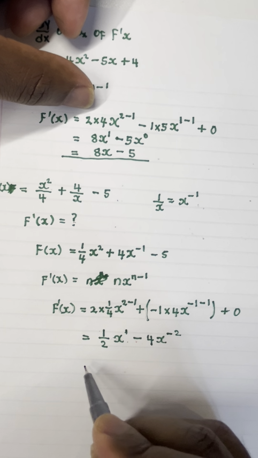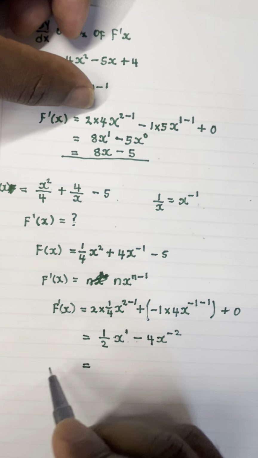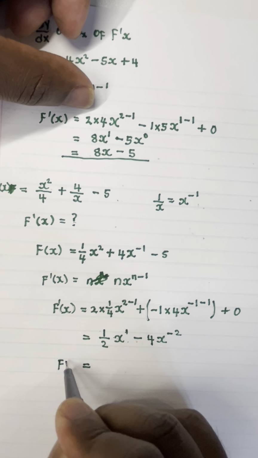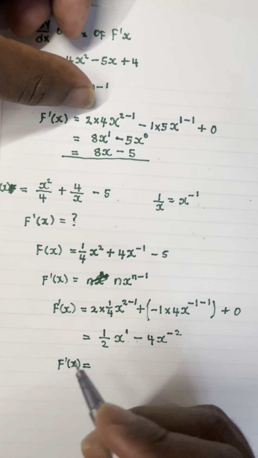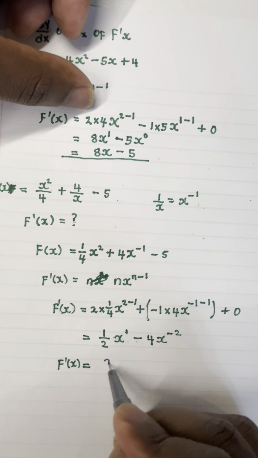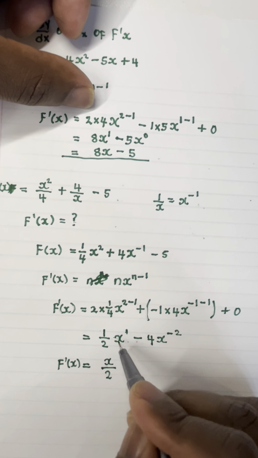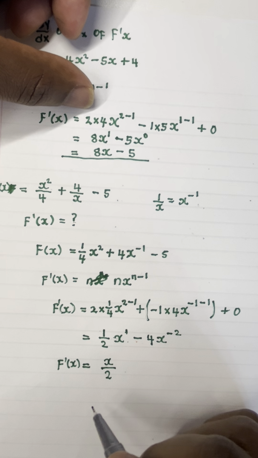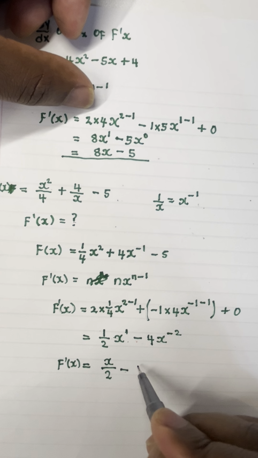Now we want to rationalize our exponent. That is the answer over there, but we want to rationalize our exponents. We do that by moving exponents to where they are going to be positive. So our answer would be x/2, because we take that x and multiply it by 1 over here, and then it gives us x/2 minus 4